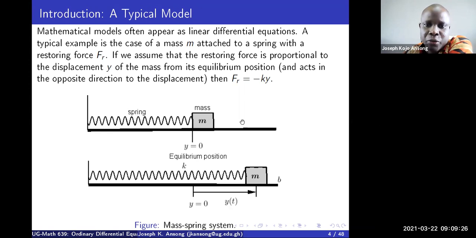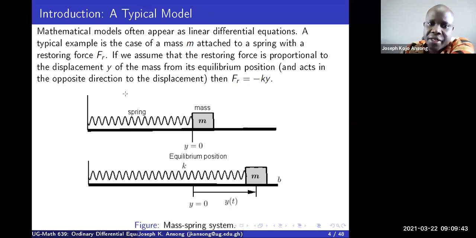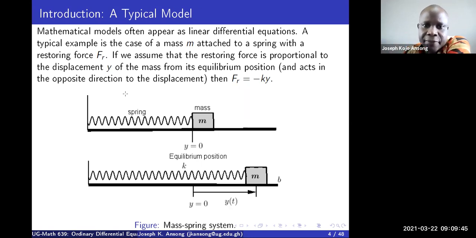And of course, if you pull the mass, there's a restoring force that's trying to pull the mass back in the opposite direction. So if you call that restoring force f_r, and assume that it is proportional to the displacement, which you are calling y, of the mass,